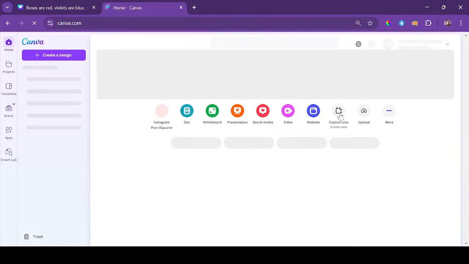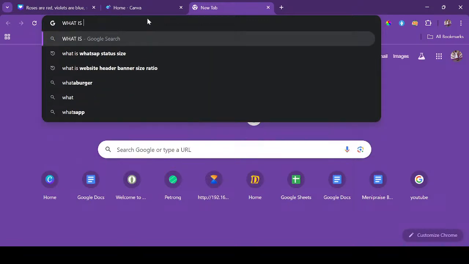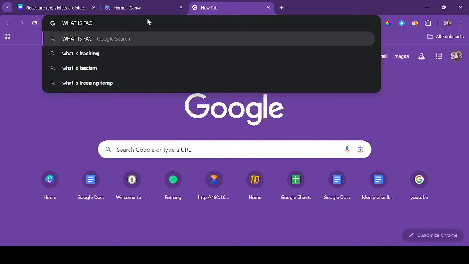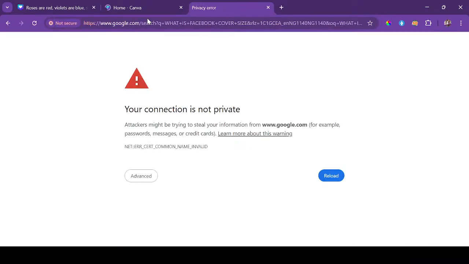So let's say we want to design a Facebook cover now for our social media, or for our Facebook page, or for our Facebook account. Just click on Canva and custom size. Go on your internet and type Facebook cover size. Click enter. It's going to give you